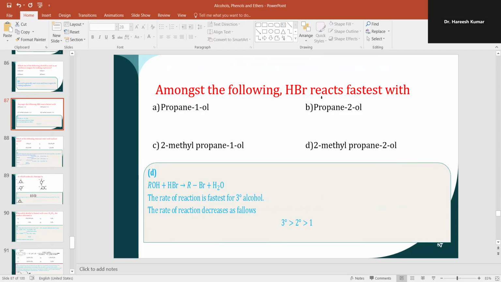Amongst the following, HBr reacts fastest with the tertiary alcohol. That means tertiary is more reactive compared to secondary. Secondary is more reactive compared to primary. Tertiary is 2-methyl propan-2-ol. Then